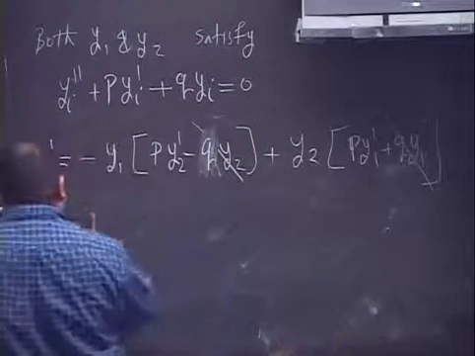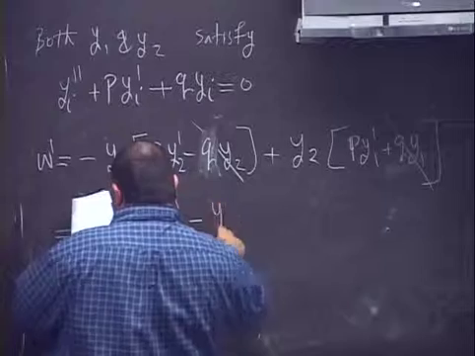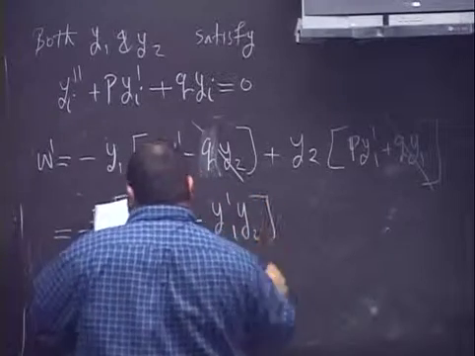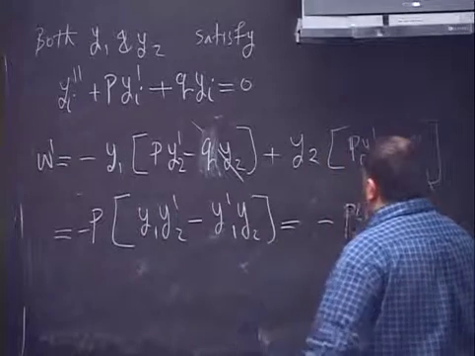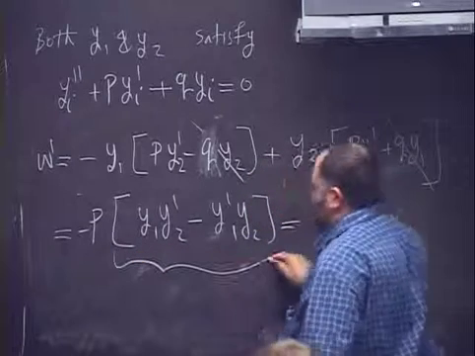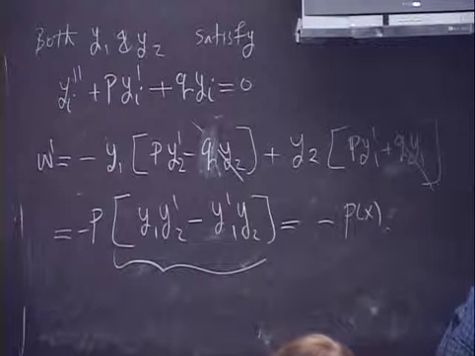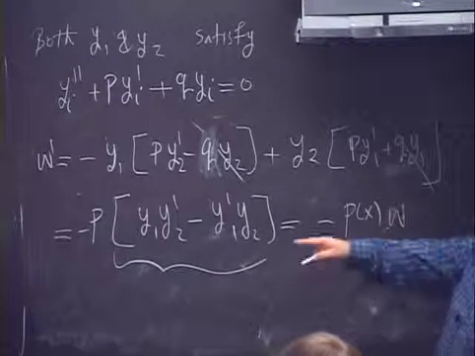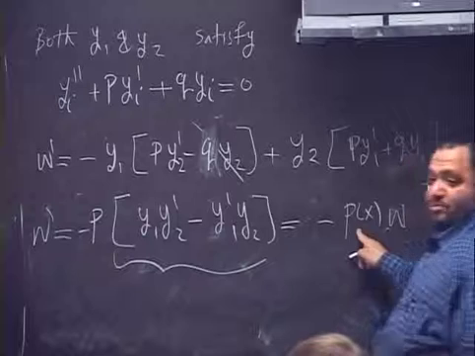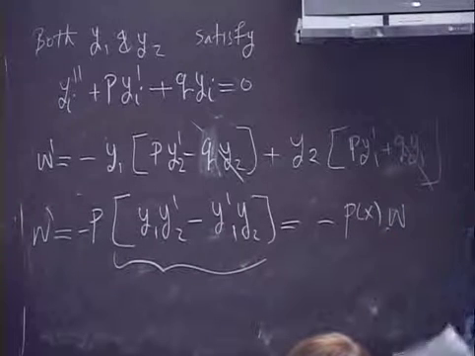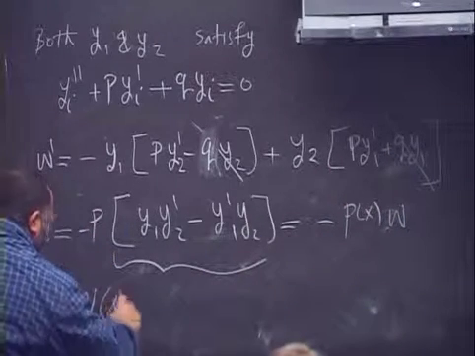And if you do this, you will end up with minus p multiplied by y1 y2 prime minus y1 prime y2, and this will give you minus b of x. What's this? From equation 1. So this is the Wronskian. So we end up with the derivative of the Wronskian equal to b of x multiplied by the Wronskian. So you can solve this equation and you will get that the Wronskian is just equal to